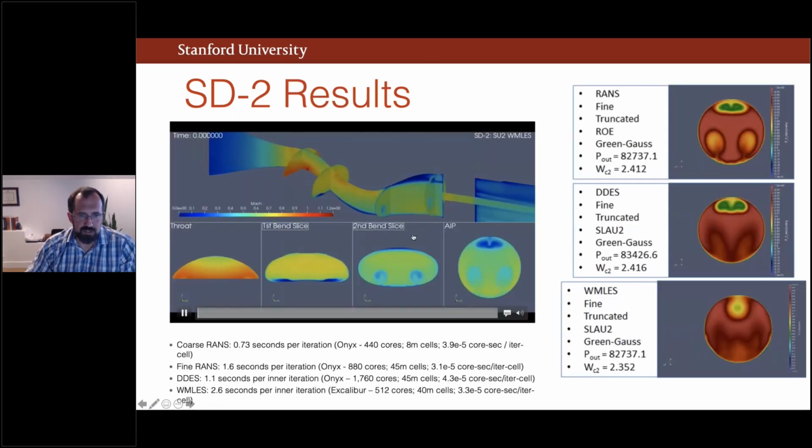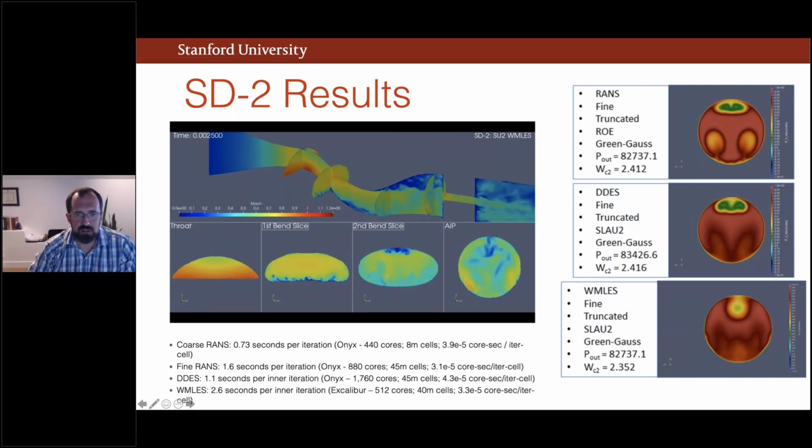And here you see some pretty pictures or animation. I wish we had taken the time steps a little closer together so this was a little smoother, but that's a lot of data. But in general, you can see how the flow behaves throughout the duct and at several streamwise locations through the duct. On the right-hand side, you'll note that we did use SU2's RANS capabilities in addition to the scale resolving simulations. And you can see there's quite a difference between the RANS results, the DDES result, and the wall modeled LES results.